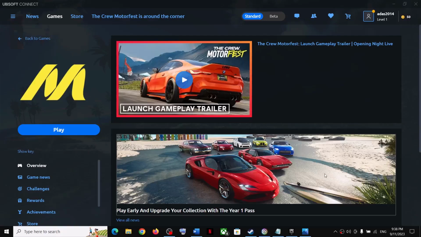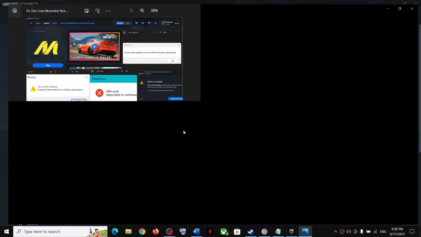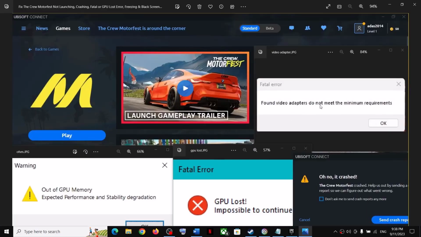Today in this video I'm going to show you how to fix when you're unable to launch Motorfest game on your Windows computer or if you're facing crashing and freezing issue. So if you're receiving this error code that is video adapter do not meet the minimum requirement, the game crashed, GPU lost, out of GPU memory. So if you're receiving this error message and if the game is crashing, then please follow the steps shown in